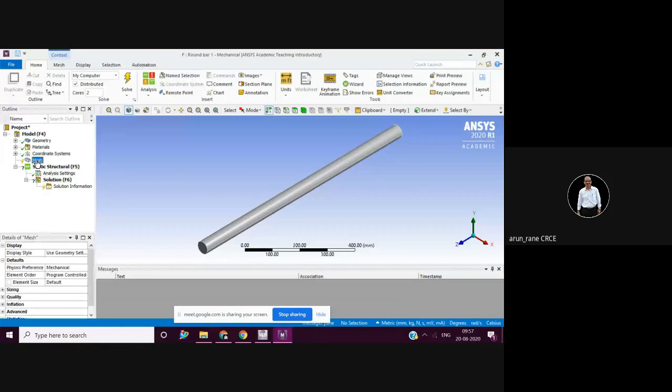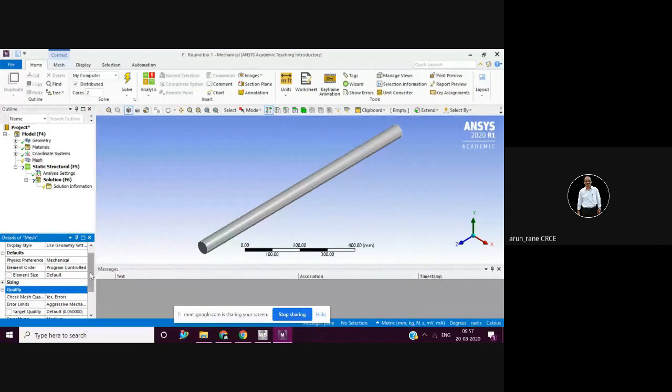So mesh. You have various options here: sizing, then quality, smooth, target quality. For this, you should have a good RAM and the professional version.